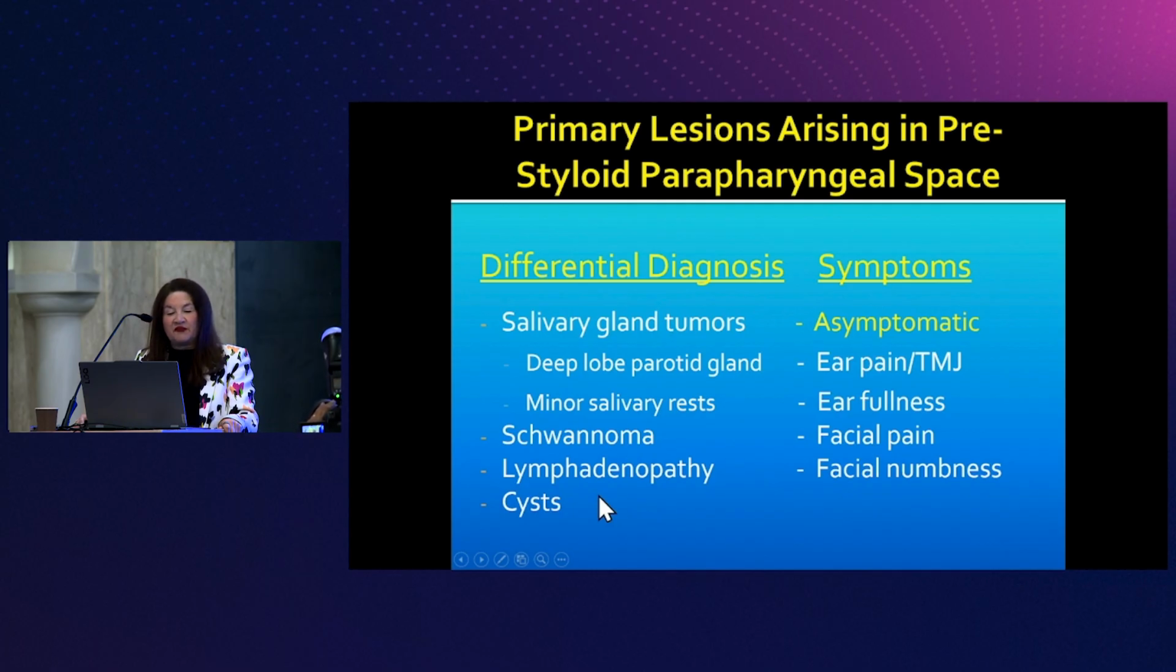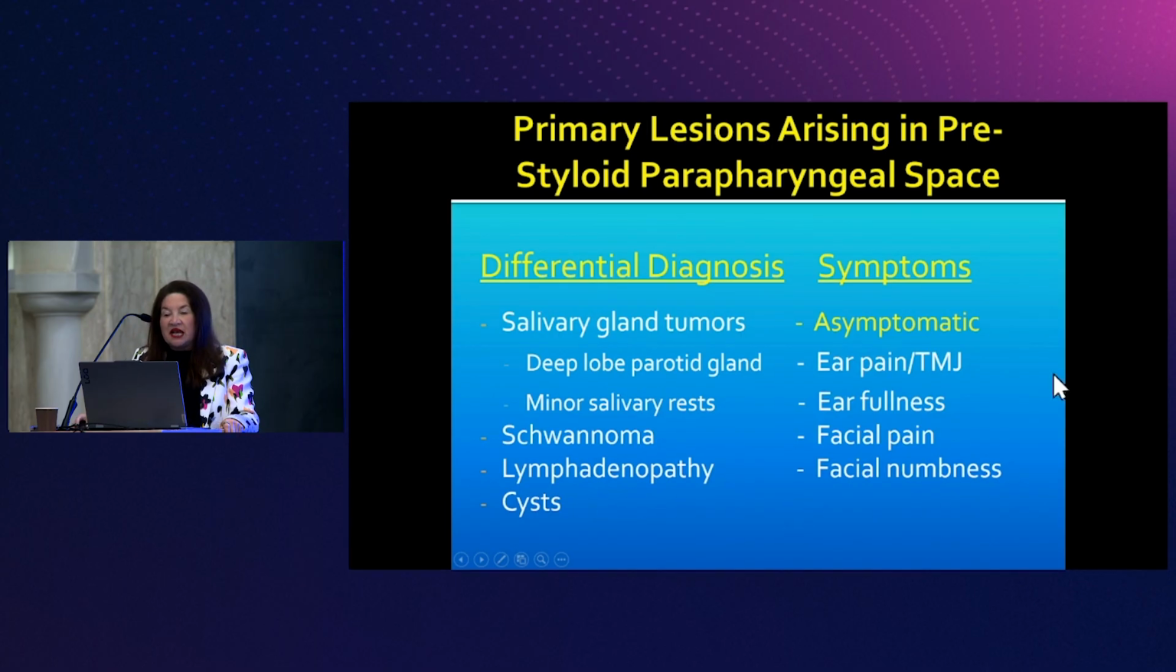So if it's coming from the deep lobe and it goes into the stylomandibular tunnel, they'll take it out through an open surgical excision. But if it's coming from minor salivary rests and it's disconnected from the deep lobe, they'll take it out at our institution robotically, through the mouth. So it's different. The other solid masses: schwannoma, lymphadenopathy, and then occasionally you'll get branchial cleft cysts there or mucus